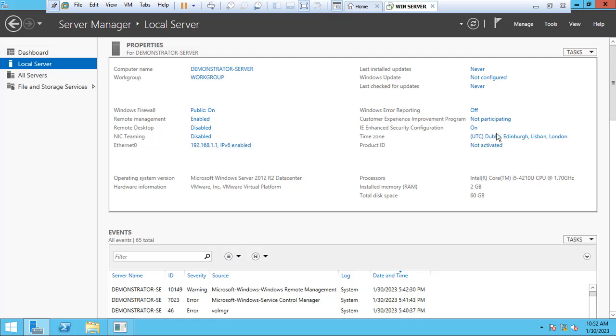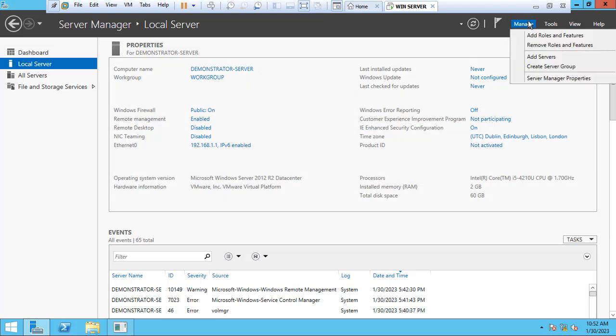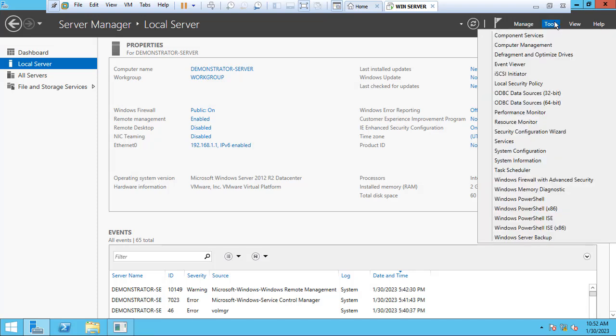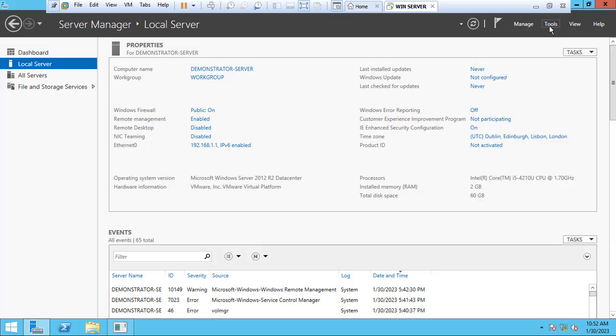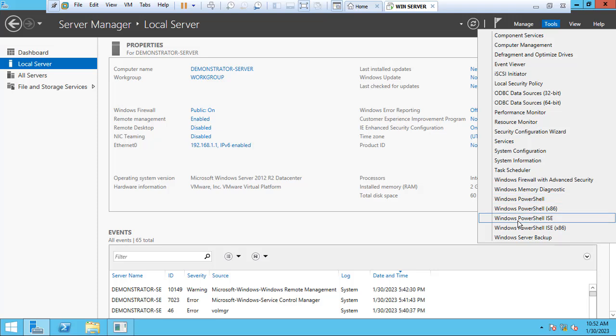So we'll go ahead to install the DNS role on this server so that this server can become a DNS server. So this is where we install roles. If you want to install roles, you come to add roles and features. Maybe you install a role that you don't want and you want to remove it, you come to remove roles and features. This tools section here, whatever role that you install, it will add additional features here. You see right now, if you click on tools, we don't have anything regarding DNS, but if we finish installing the DNS role, we will have the DNS